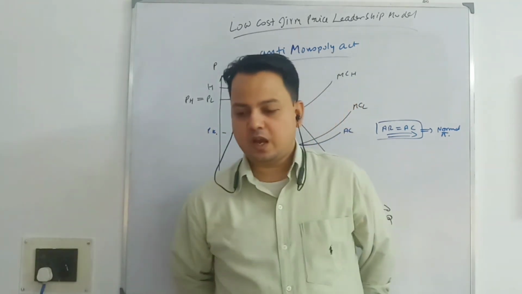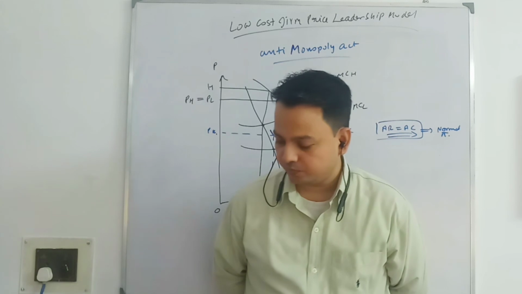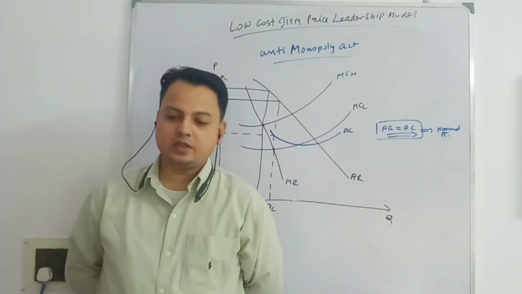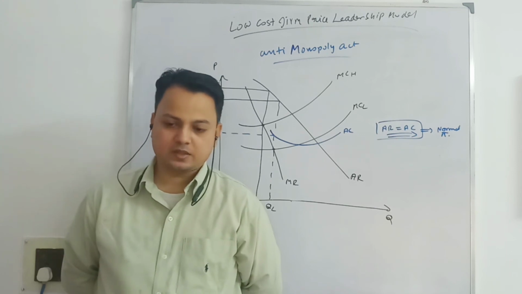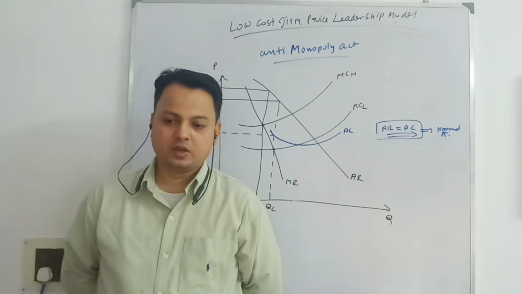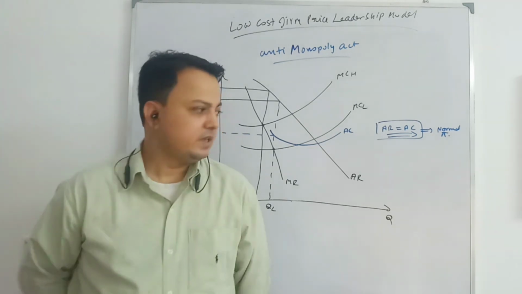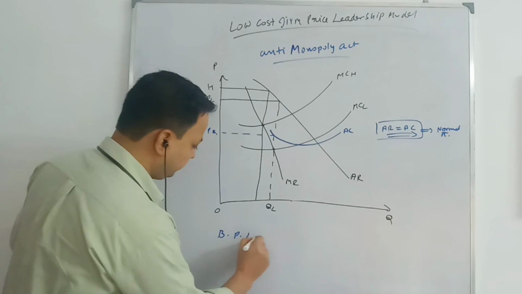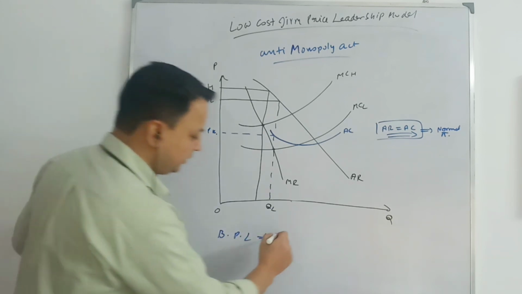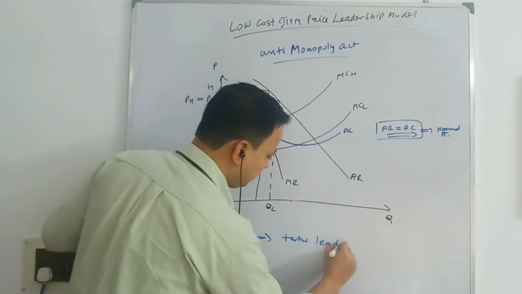Okay. Next we have barometric price leadership. In barometric price leadership, it is not necessary that the firm will be a dominant firm. The firm has a good reputation. Whatever decisions it has taken in the past, it has been able to form a good reputation, maybe due to its research, or maybe due to the strategic position that it was able to achieve in the past. So it takes the lead in announcing changes in price. So in barometric price leadership, the barometric price leader takes the lead to announce